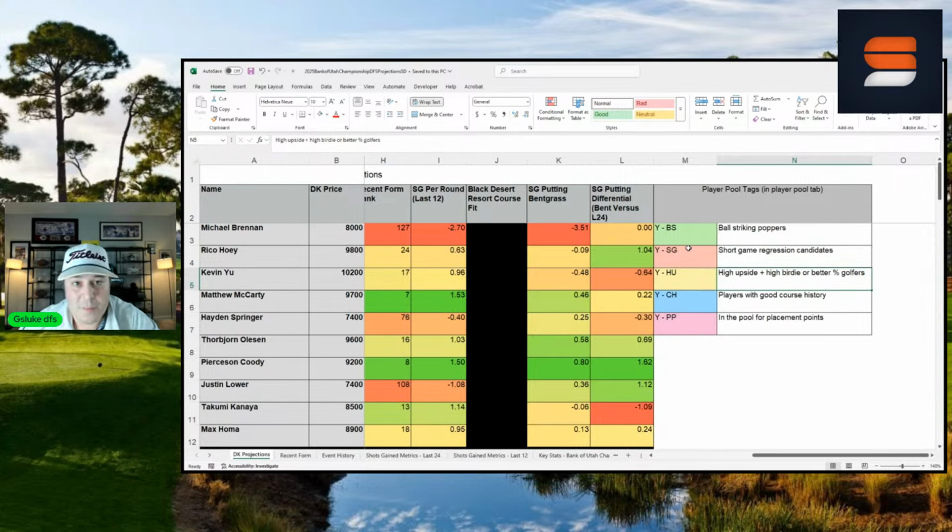People have a better ability at looking at shots gained metrics. People are better at just looking at people's past results at an event. Some people are really good at modeling for specific golf courses. Whatever your strength is, whatever you find to be valuable for this specific week, lean into and use it